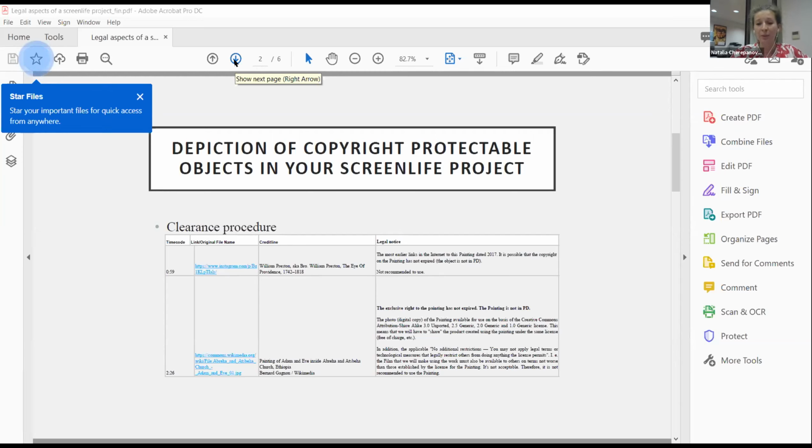So in order to obtain this errors and omissions policy, you need first of all to provide a licensed attorney in a certain jurisdiction with this table that we have just discussed, that I showed you. And then